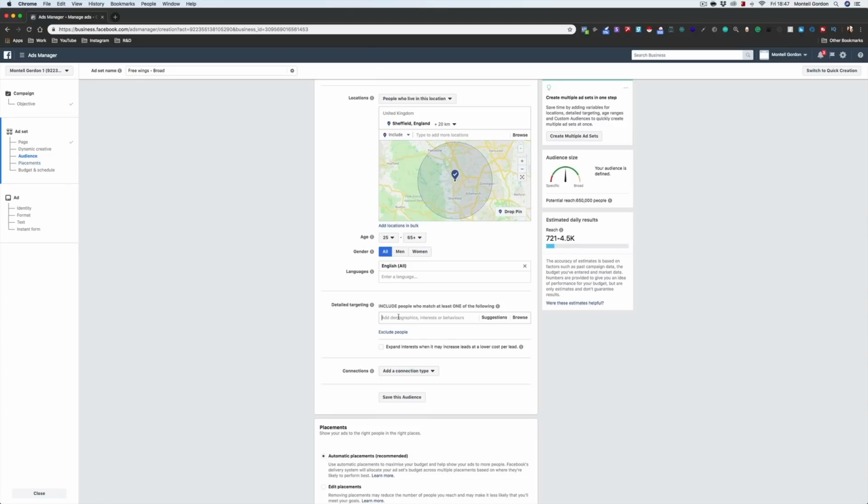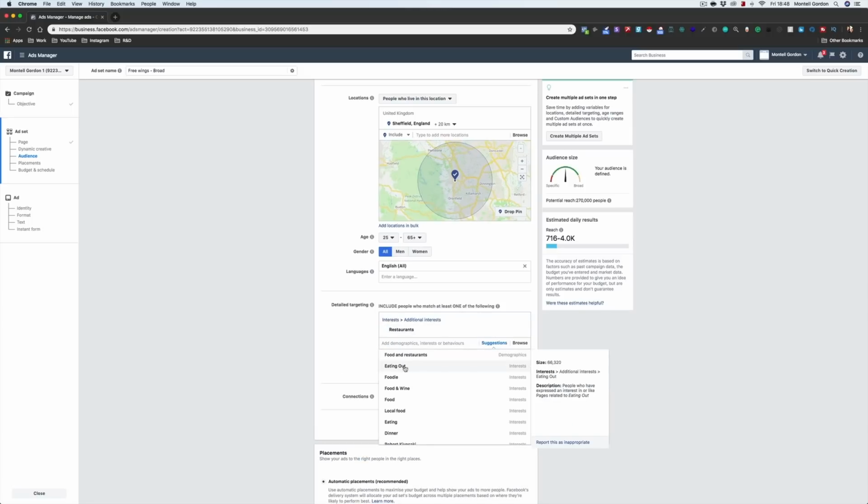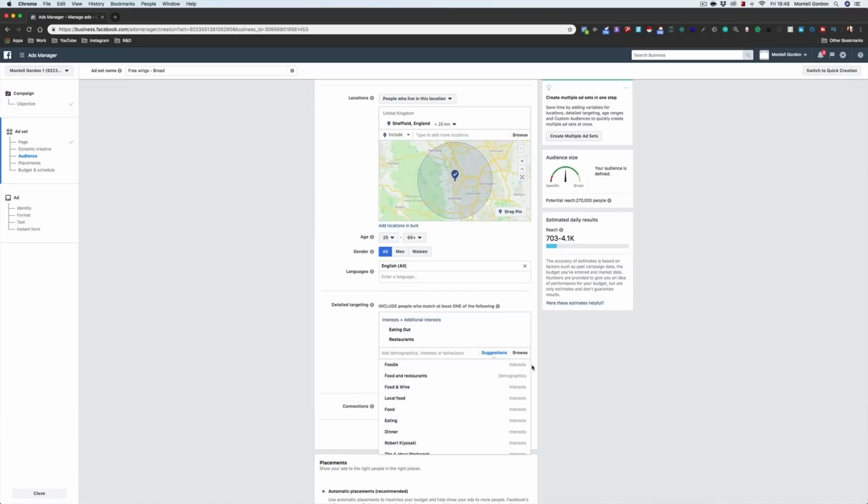So your detail targeting, you can leave this pretty broad because it is free wings after all, but we can type in stuff like restaurant, and it's going to pull up some interest in restaurant and stuff like that. Then we can ask for suggestions. Eating out sounds like a good one to target. We can target local food and stuff like that, but I'm going to leave it alone. And as you can see, we have a potential reach of 270k, an estimated reach of 700 people to 4.1k